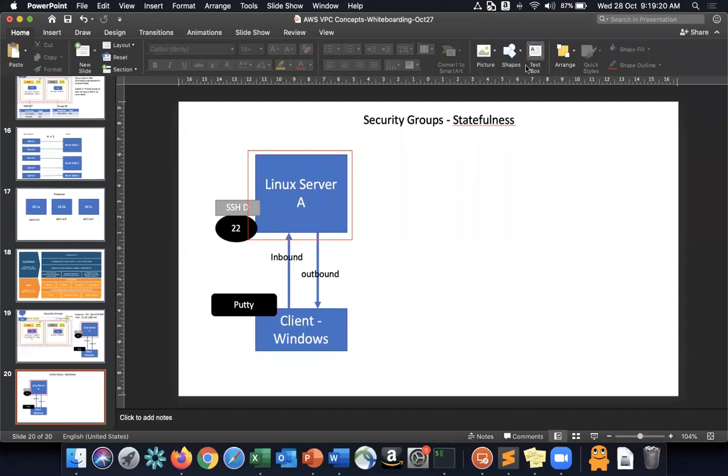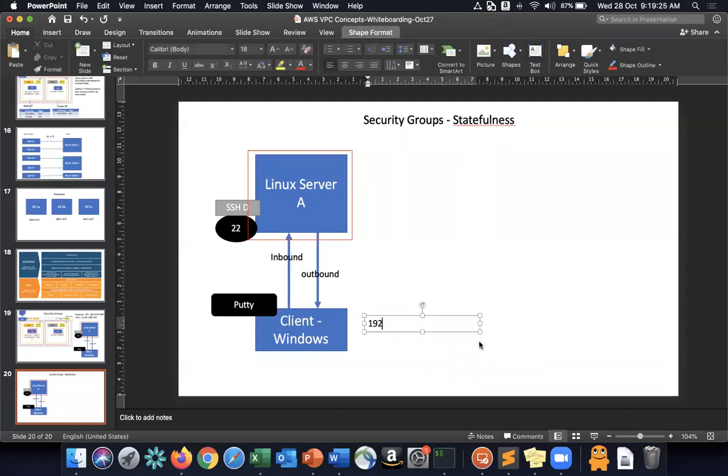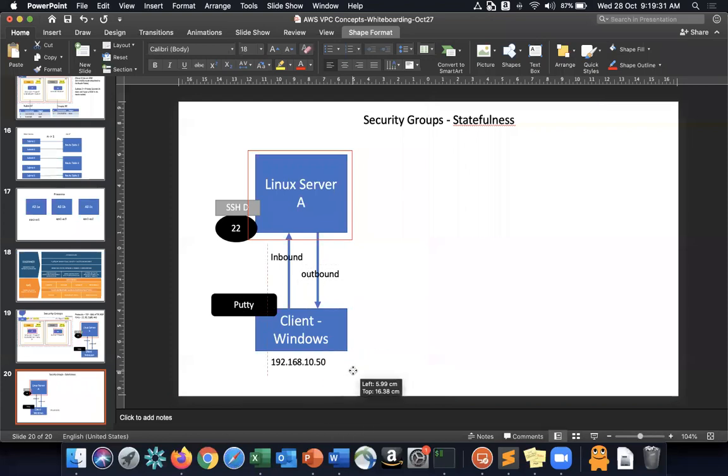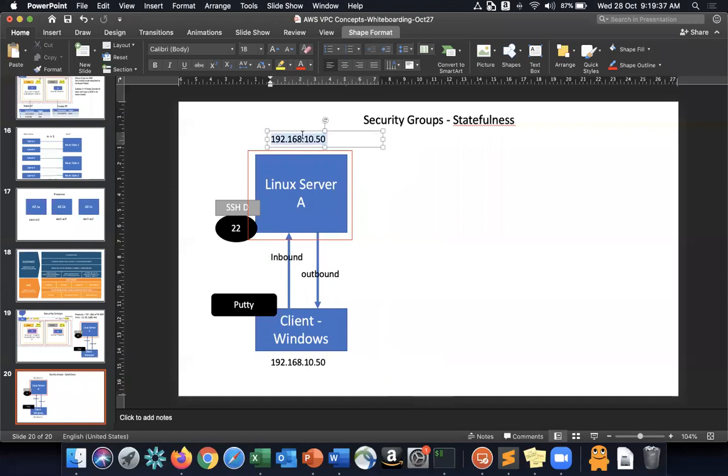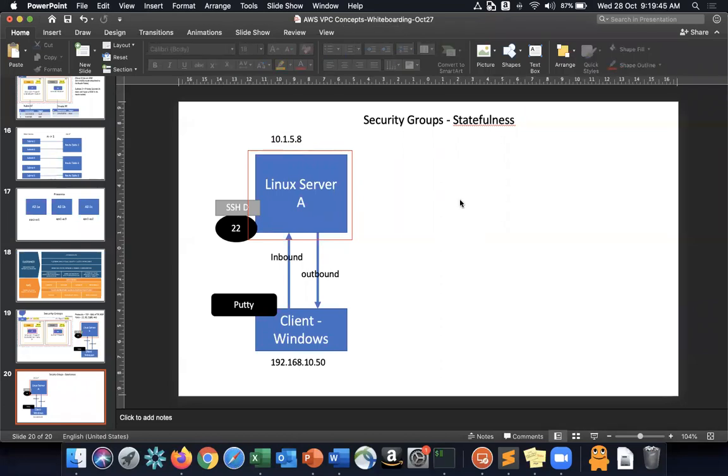from client. I'll just give an IP address to my client. My client's IP is 192.168.10.50. That's the IP address of my client. The IP address of my server is 10.1.5.8. So that's the IP address of my server. So now